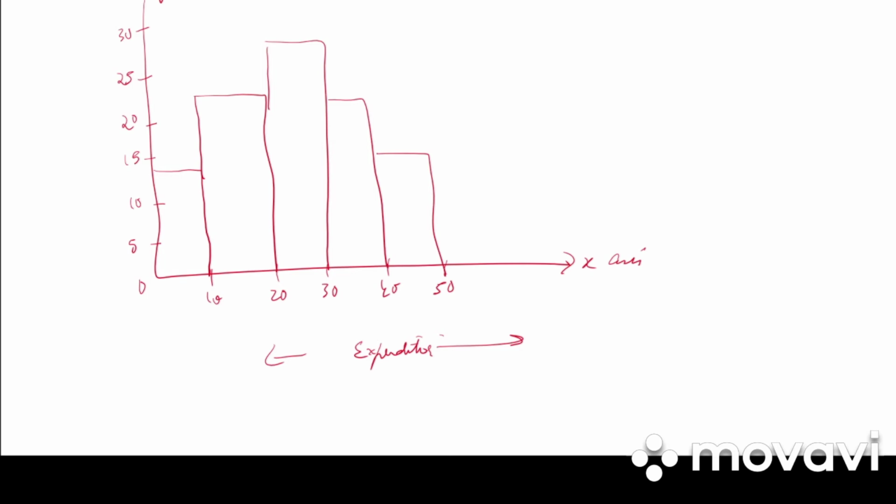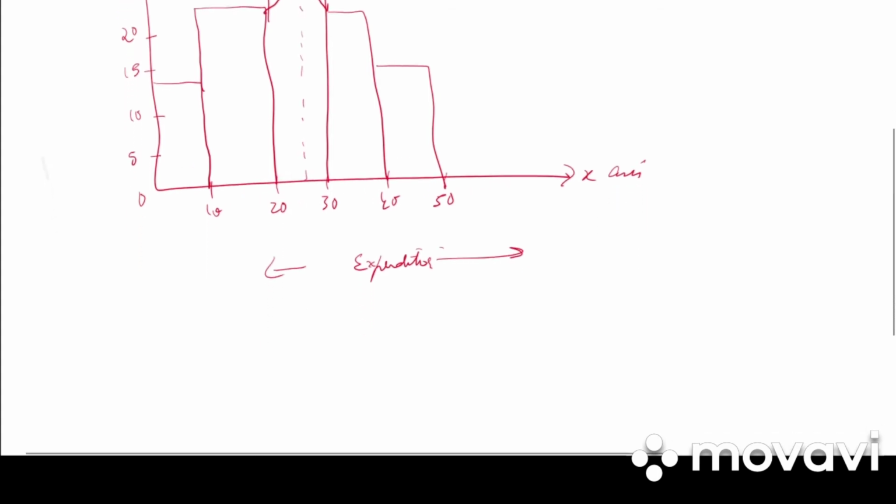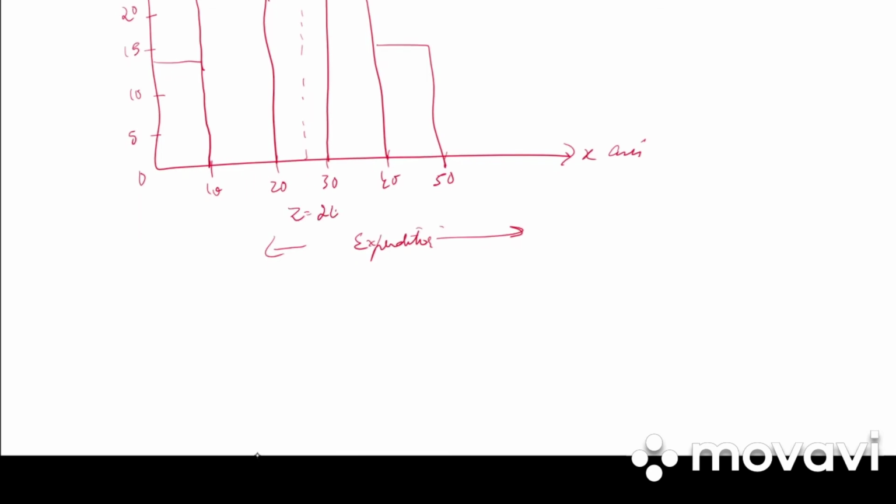So whichever is the highest histogram, we connect the two extreme values to the next histogram and draw the line from the midpoint. So what is mode? It is 24. In the graph sheet, you will get a very clear picture.